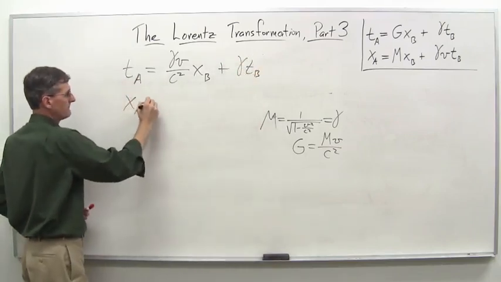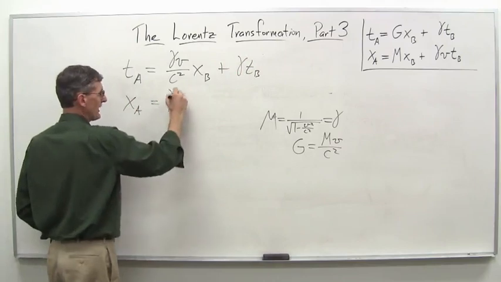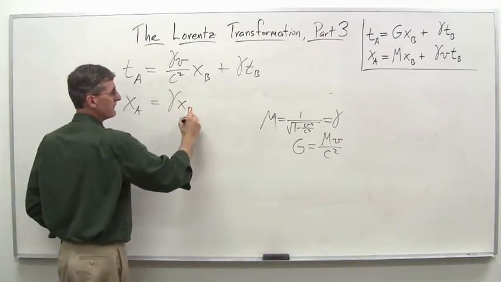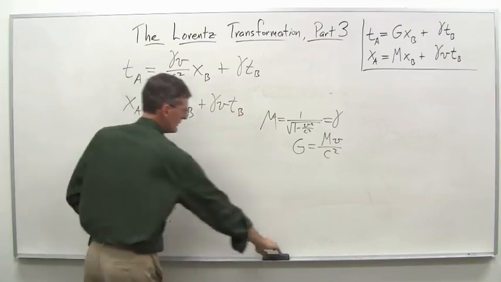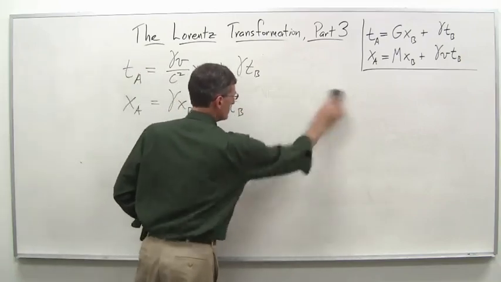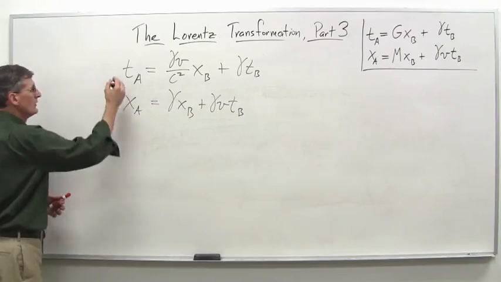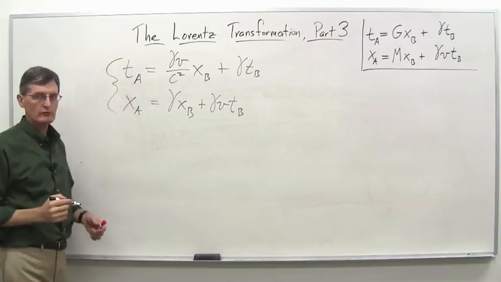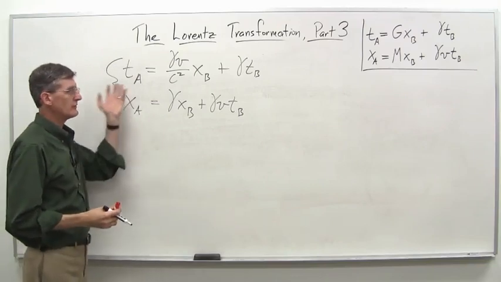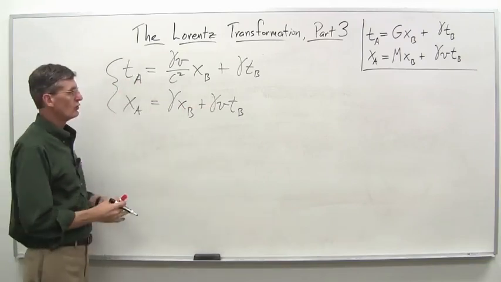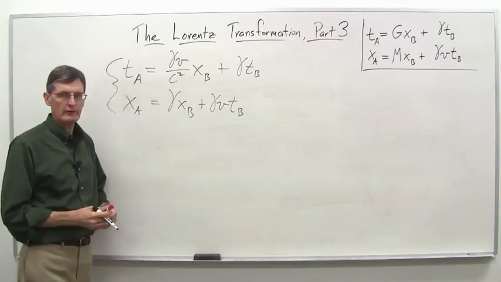And XA was M, which is just gamma times XB plus gamma v TB. And those are the Lorentz transformation equations, named after Hendrik Antoon Lorentz,